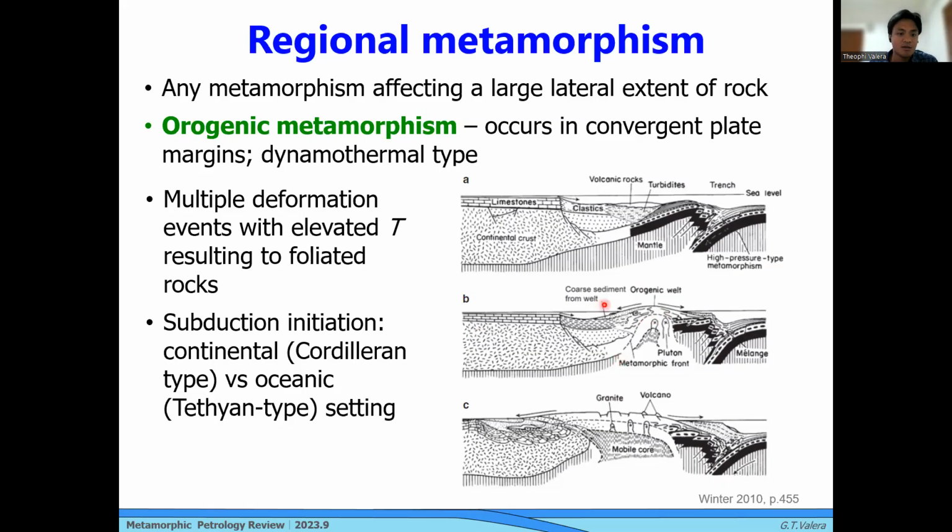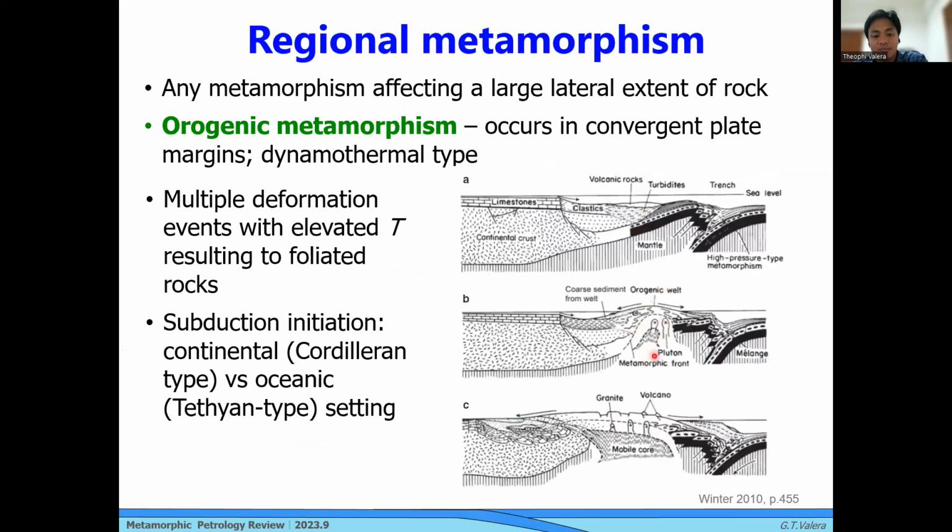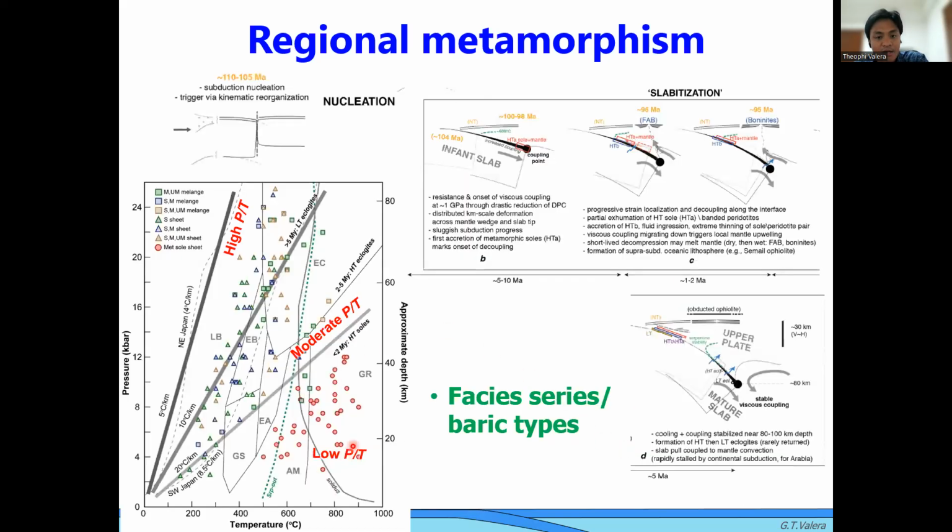So let's see just a quick review of subduction initiation in Tethyan type naman setting. So when we have Tethyan type subduction initiation, we usually have these low to moderate P/T gradients. So when we say low P over T, that means low pressure, high temperature. So this, aside from the discussion a while ago, we also see this geothermal gradient kapag nandun ka sa likod ng arc. Yan, pag nandito ka sa arc mismo. We also see this kapag meron kang